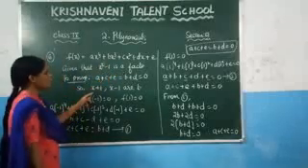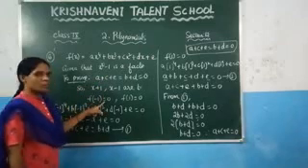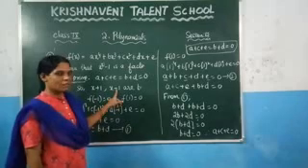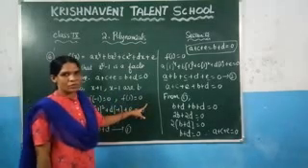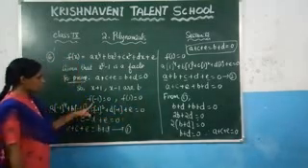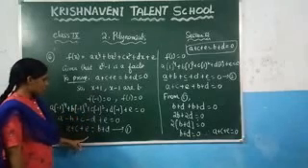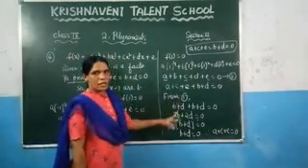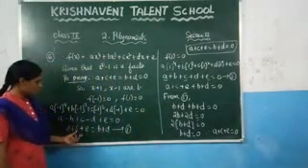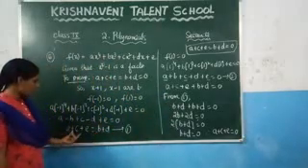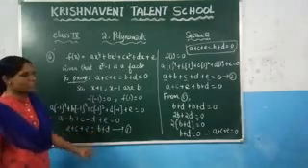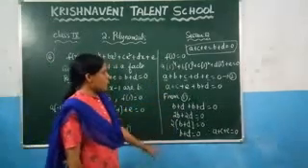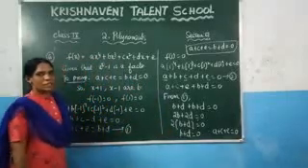If x plus 1 is a factor, we can say that f of minus 1 is equal to 0. Similarly, if x minus 1 is a factor, we can say that f of 1 is equal to 0. And if you are considering this condition, you got this equation, and if you are considering this equation, you got this one. And after that, we got it here, these two values are equal. So in place of this value, we have substituted b plus d in equation 2. So that we got this one, and at last we proved the given condition.